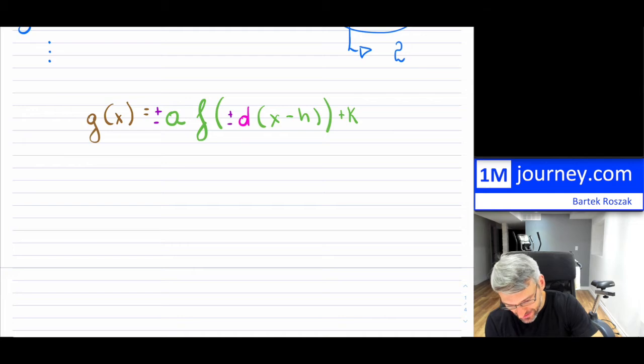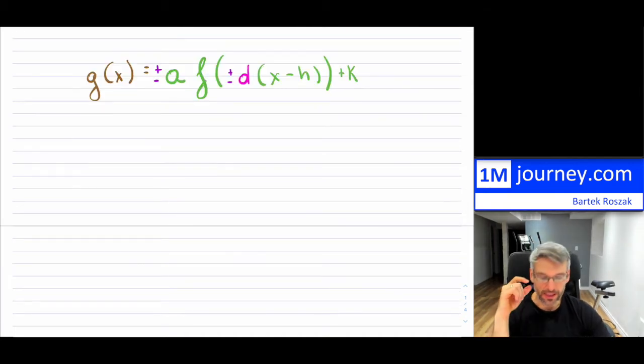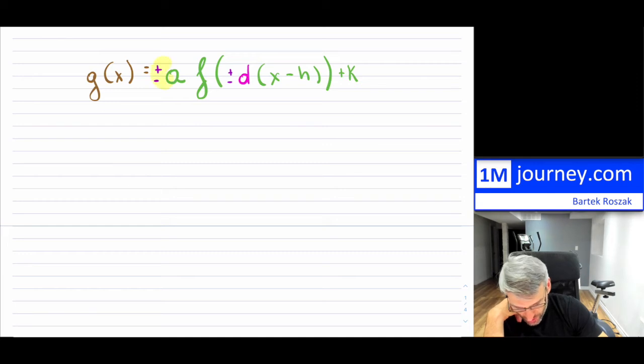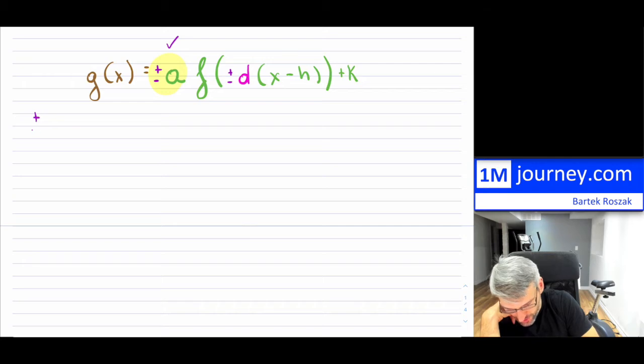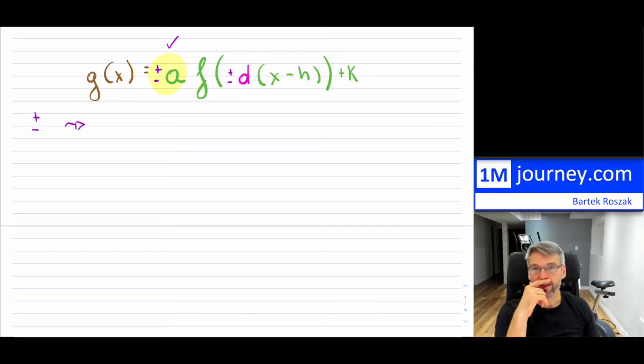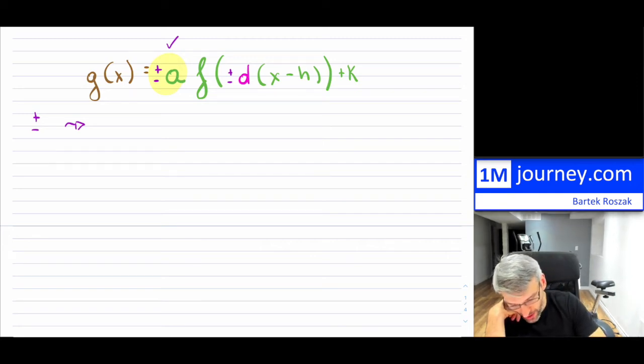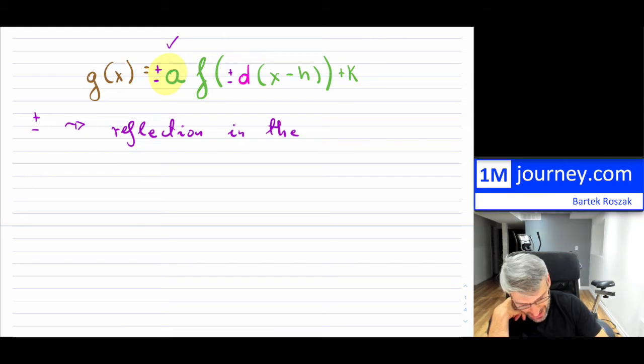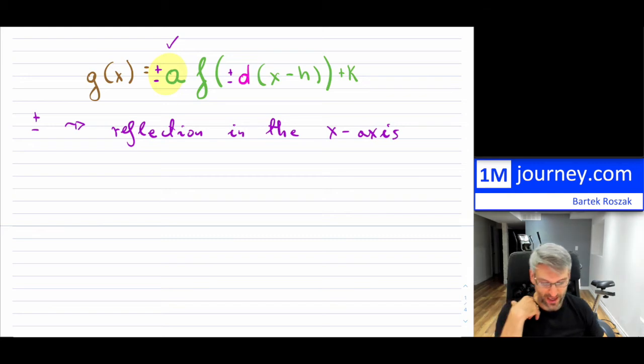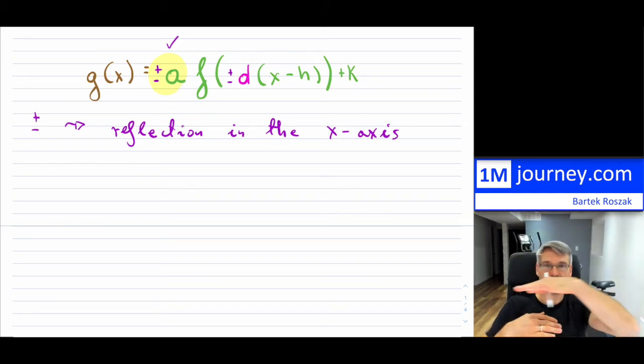what these transformations meant. All right, so what we mean with these transformations, let's do a little bit of a deja vu. So first of all, I'm just going to concentrate on this a, and I just want to tell you what happens to a. Well, if a is positive or negative, what will happen is that if it is positive, the parent function will stay as it is, but if it turns negative, then you will have a reflection, and this will be a reflection in the x-axis, which means that you're going to have a flip in the x-axis of whatever your parent